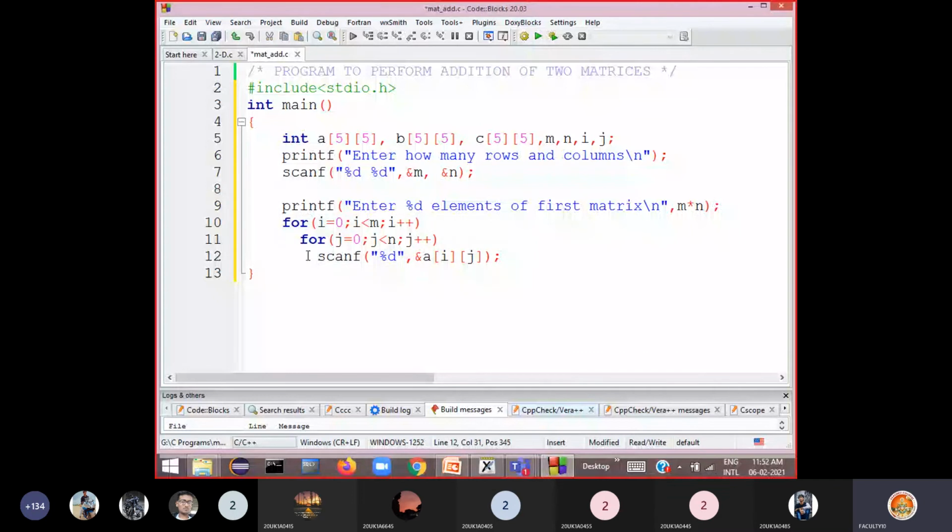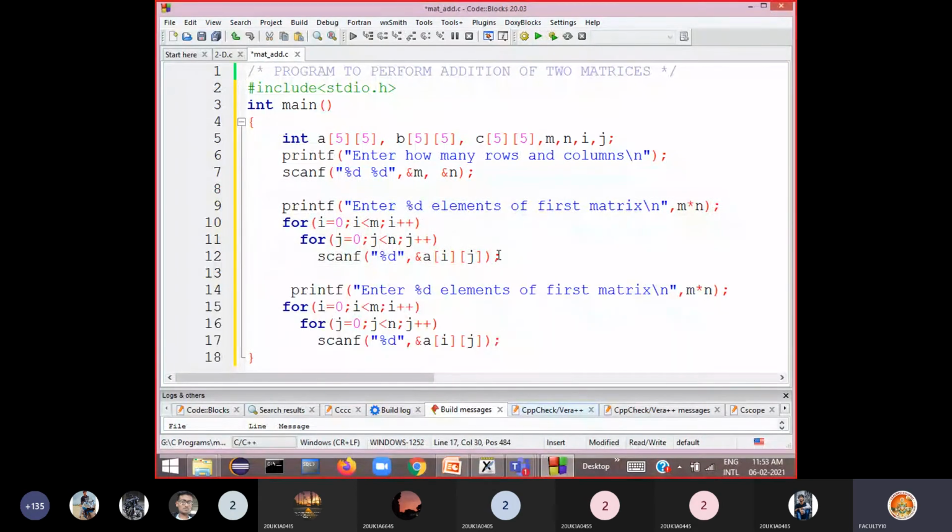Similarly, for reading second matrix elements, you need to write the same kind of code. So what I do is copy paste this. Now here, give the message to the user: enter %d elements of the second matrix.